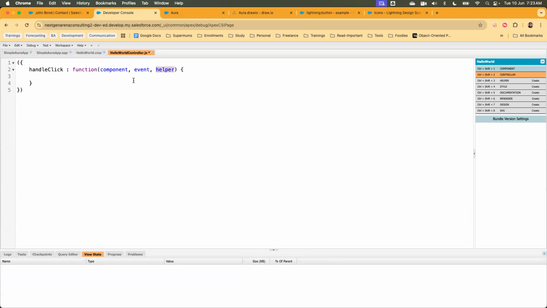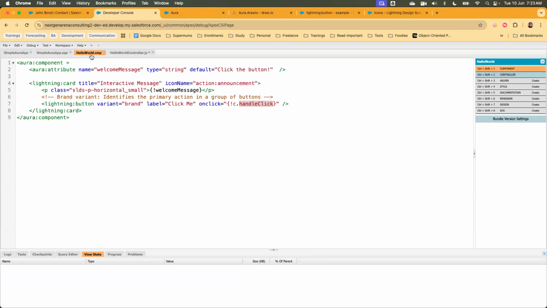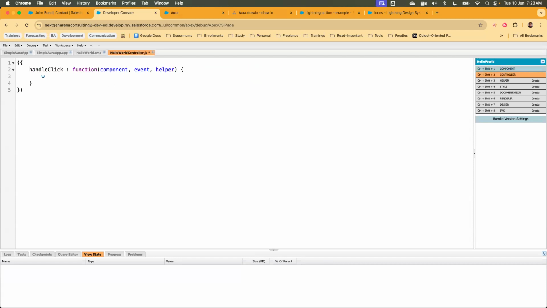Right now, I simply need to set the variable that we have declared, the attribute welcomeMessage. I need to set it. So in a usual Visualforce controller, what we do is simply use welcomeMessage equal to, if I'm passing the value, I'll directly use it from there. Otherwise, I'll directly set the string in here and done. Similarly, in here also, I have to do the same thing. I want to set the attribute value. But where is that attribute? That attribute is in my component. So I need to tell where exactly it needs to navigate. So in my component,